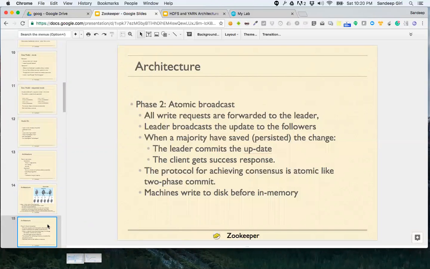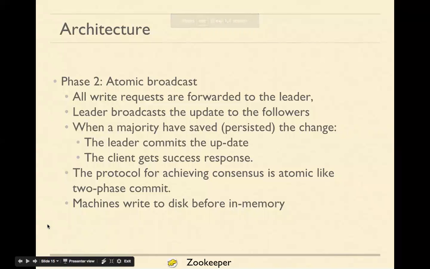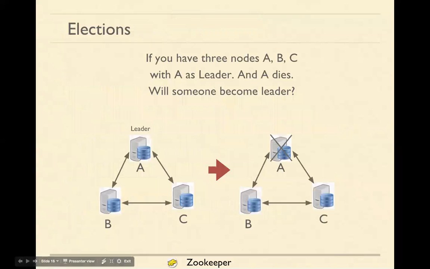All right, so this is the architecture. Now, again and again, we have been talking about majority. We have been talking about the situation where if 50% of the machines are not available, the leader steps down. Imagine there are three machines, A, B, and C. A was a happy leader, and B and C were followers. Now, after a while, A shuts down for whatever reasons.